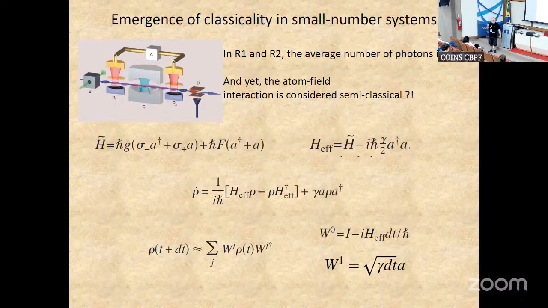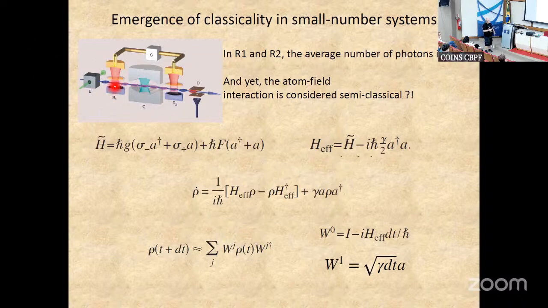Okay? So what I'm going to show you now is that we can use quantum jumps and quantum trajectories to actually see the mechanism of each photon that goes through the cavity changing the state of the atom, but not entangling with it that much. So that's what I'm going to show you next.